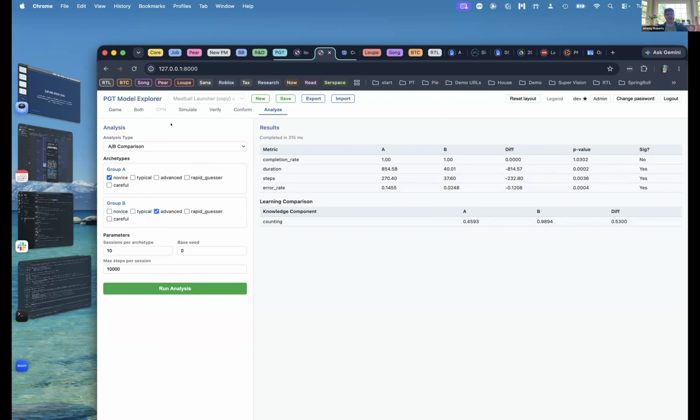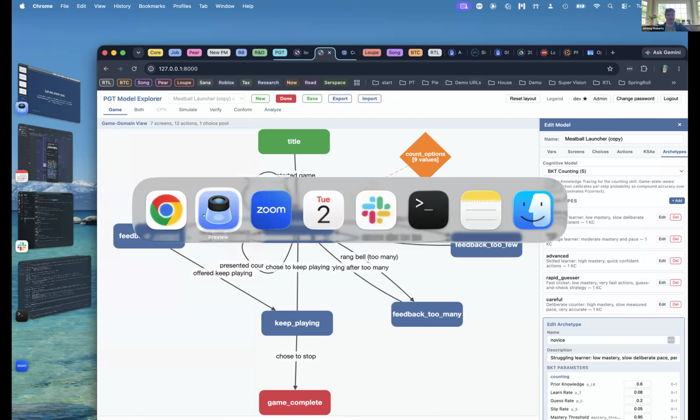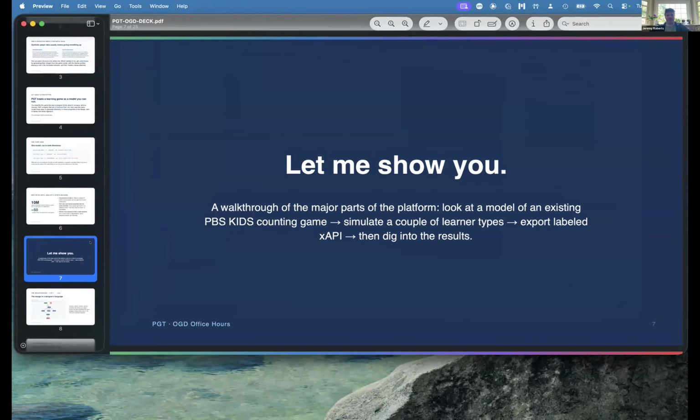So that's the overview of what I have with PGT, but I do want to switch back to my deck and get into a couple things here.